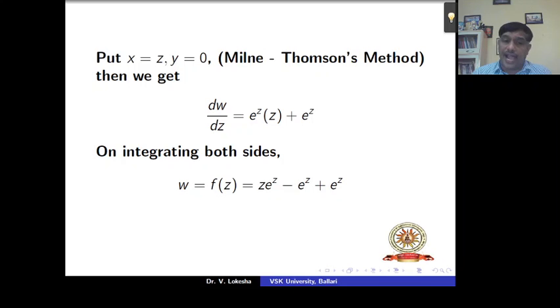Or you can integrate directly also. Integration of this, a product of two functions z and e^z, you can use the Leibniz rule. Here we take z into e^z minus 1 times, with positive and negative terms, and e^z integrated again becomes e^z plus e^z. Here e^z gets subtracted, and the remaining is f(z) equal to z e^z.